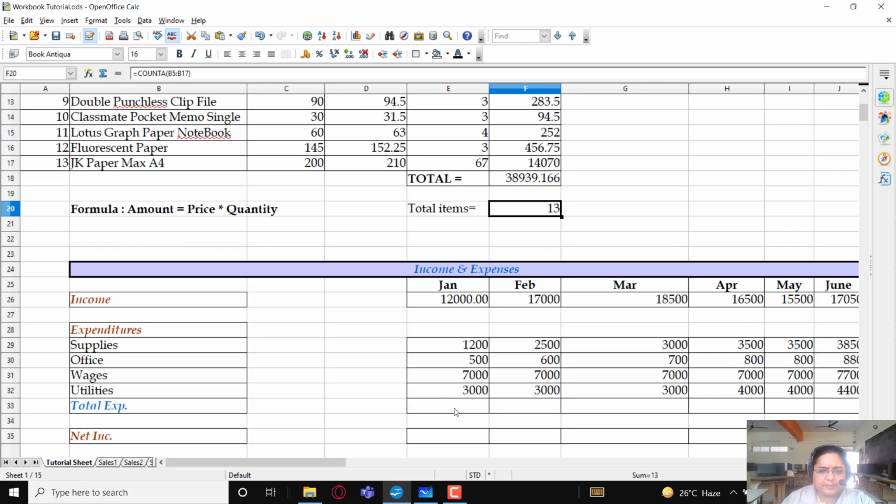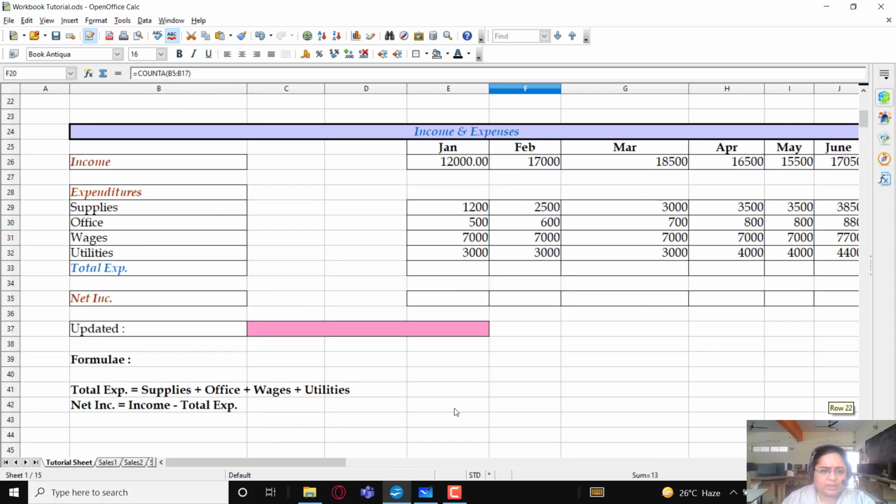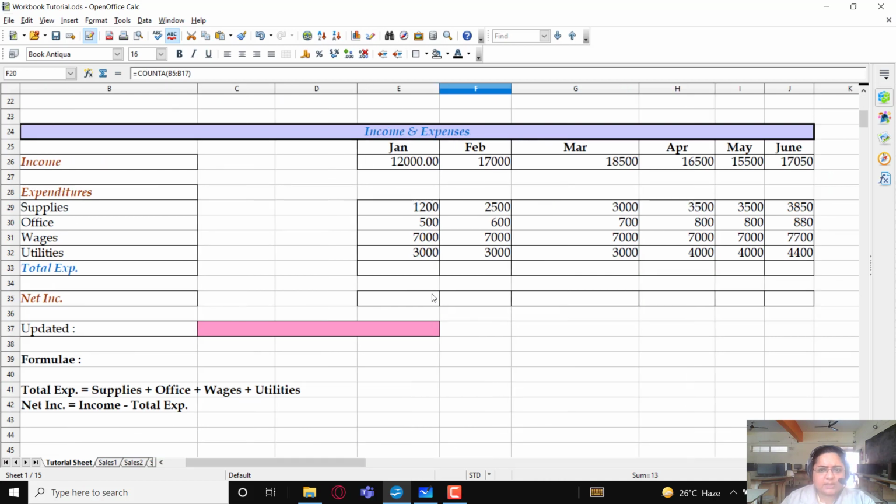Now we'll see a simple example here of income and expenses. This is a table which shows the various income and expenditure across a number of months, January, February till June, that is 6 months. What is the income of the company? What are the expenditures?